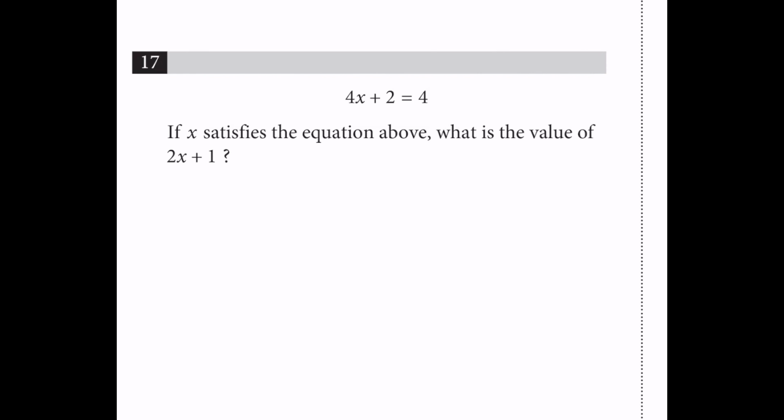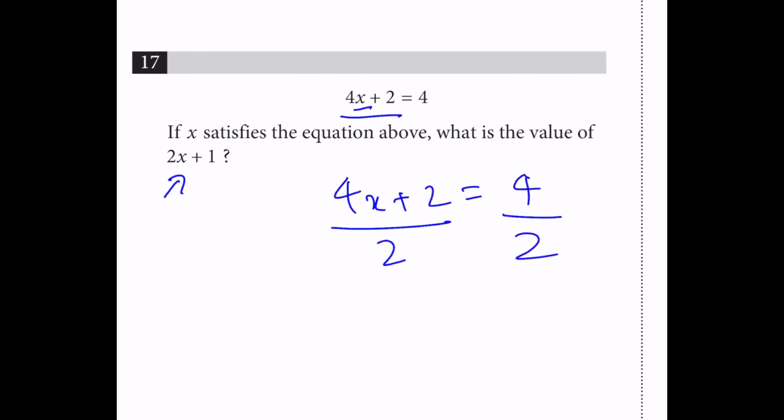In 17, I know it's easy to find x and then plug it back in, but you don't need to do it that way, because you can find 2x plus 1 directly from 4x plus 2 by dividing by 2. So 4x plus 2 equals 4, and divide by 2 on both sides. That gets you 2x plus 1 equals 2, right? So all you had to do was take half of 4, and that is equal to 2,